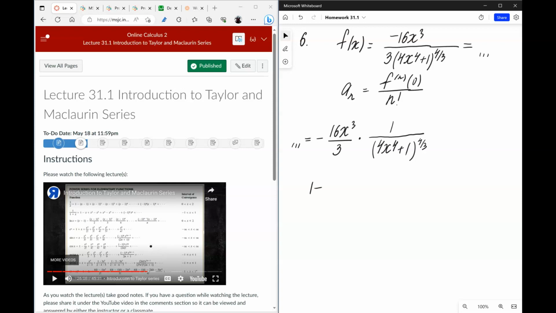So we have 1 plus something to the power k, is equal to 1 plus k times this, plus k times k minus 1 over 2 times this squared,